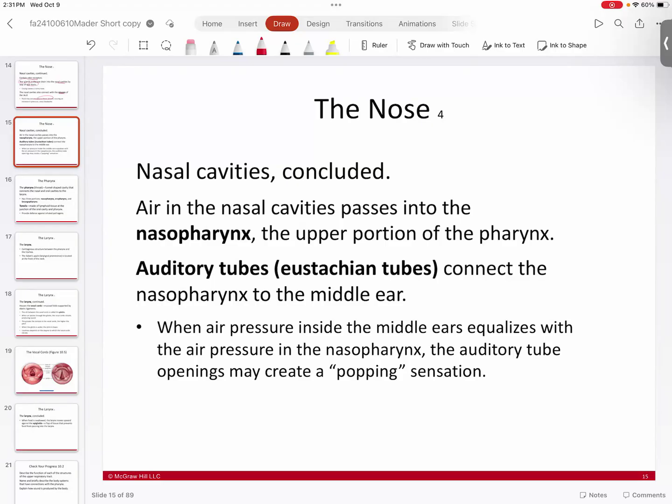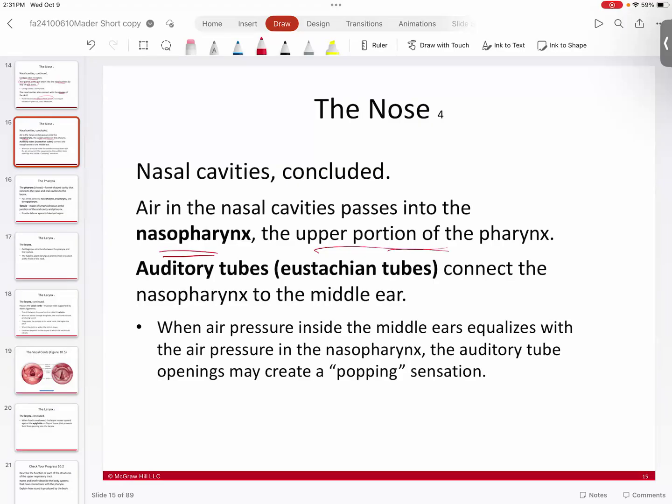So ultimately, the air will go through the nasal cavities. It'll move through the nasopharynx into the upper portion of the pharynx, and then it'll go down into the trachea as it starts to move through the larynx. We'll talk about the larynx in just a second. One thing we do want to mention, however,